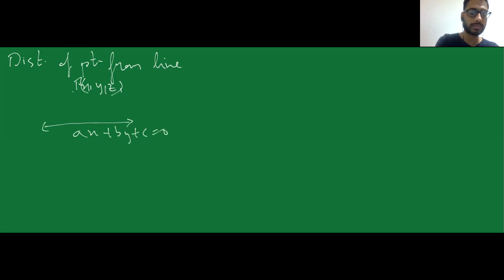Distance of point from a line. Suppose there is one point x1, y1, z1. This point is, say, suppose P, and I have my line ax plus by plus c is equal to 0. I have to find the shortest distance, the perpendicular distance of the point and the line. Then I can say that, suppose this distance is given as r, then r